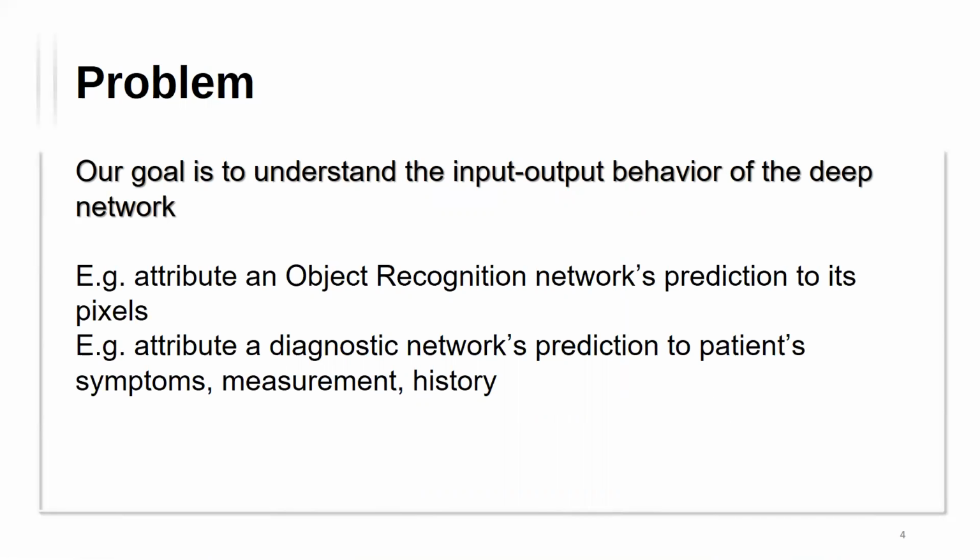For example, in object recognition network prediction, we want to know the attribution of each pixel, or in a diagnostic network prediction, we want to know which symptoms or measurements or history would let the model predict the